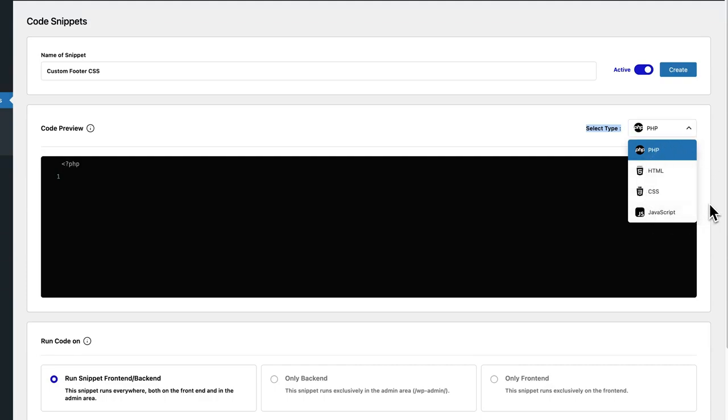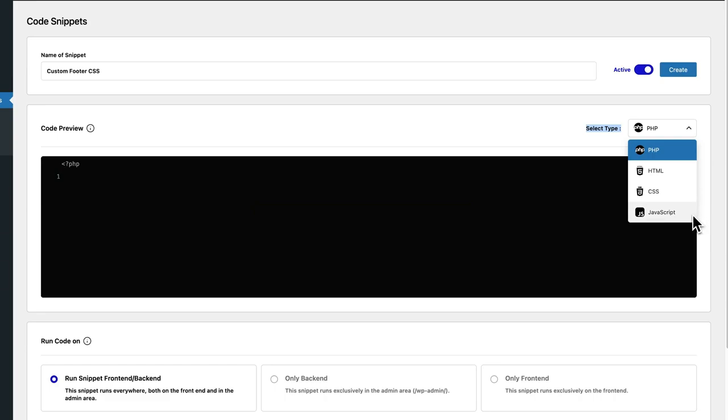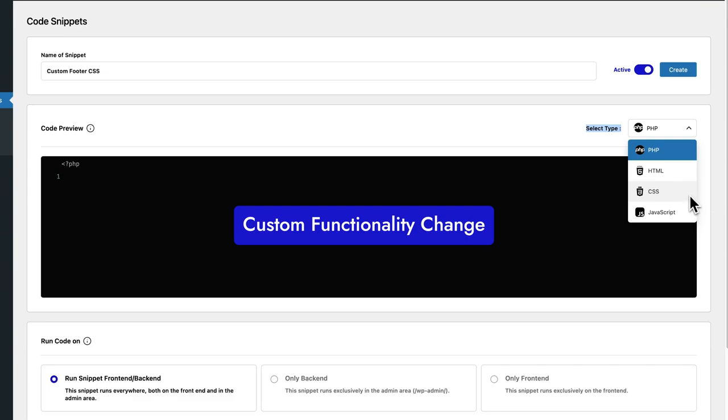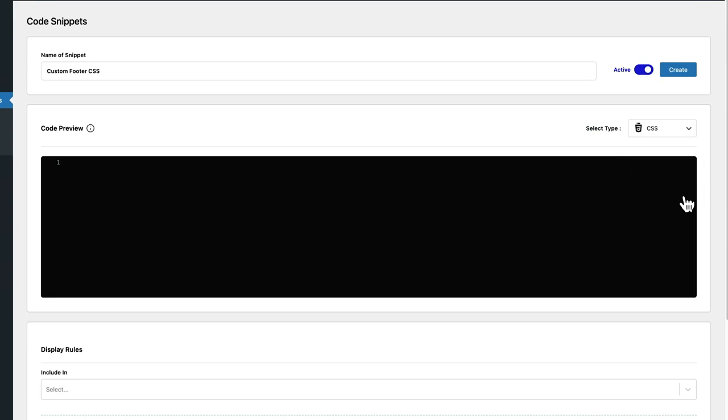Now, here's a quick rundown. Like for instance, if you want to add a code related to analytics tracking script, you're probably gonna use HTML or JavaScript. If you want to make style changes, definitely CSS. And if you're interested in making custom functionality change, you will pick PHP. And most frequently, creators who are majorly interested in making small CSS tweaks, so then without a doubt, you can go with CSS. Now, once you choose your snippet type, a code editor will be present right below to enter